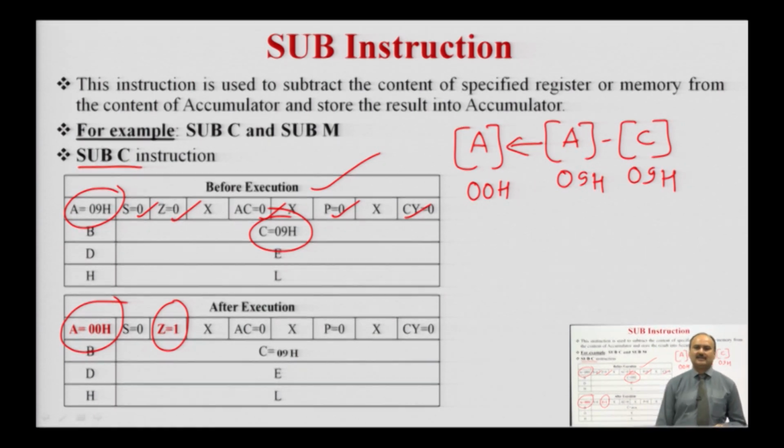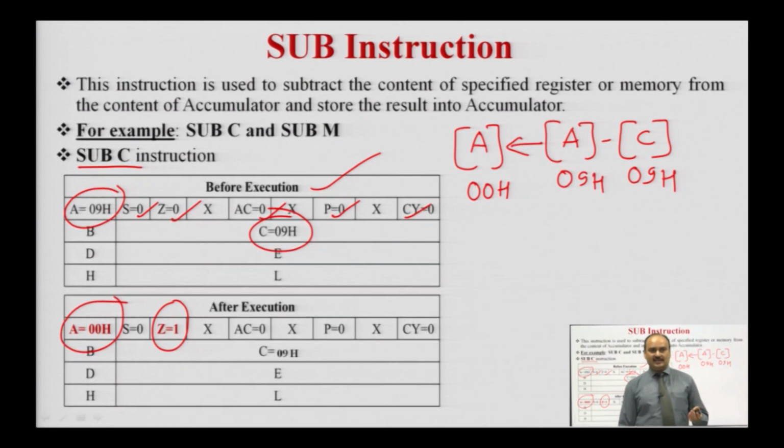If the auxiliary carry flag is set, it means the number in the lower nibble is an invalid BCD, or we can say that the number is greater than 9 and the carry is generated from the D3 position to the D4 position bit. And if we subtract a higher number from a lower number, naturally we take a borrow from the D7 position. So, in this case the carry flag is set. If the result of the operation consists of an even number of ones, then the parity flag is set to reflect the result of the operation. So, the instruction which performs the subtraction operation is the SUB instruction.